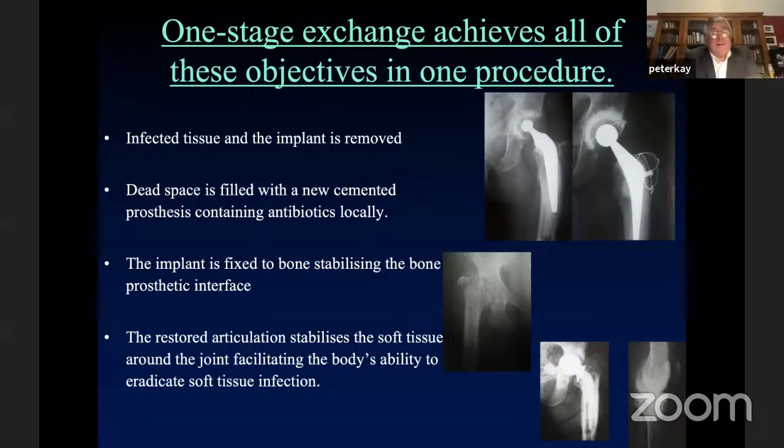And of course, if we're doing a 2-stage revision, we have the same principles there, actually, because for a successful first stage of a 2-stage revision, again, you really want stability, you really want to close the dead space. And of course, as we'll go on and consider, there are some attempts at 2-stage revision where you don't actually achieve much in the way of stability, or the implant is rather loose. And maybe that's not so great at getting rid of infection, even though it's a 2-stage revision, because the first stage has left you with either a poor space or a poor environment which isn't stable.